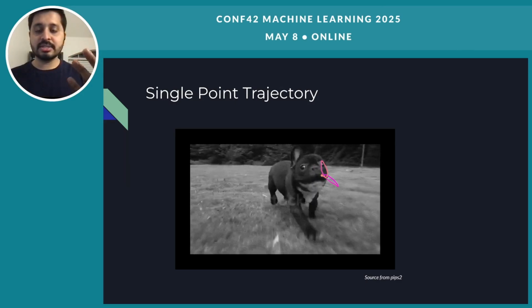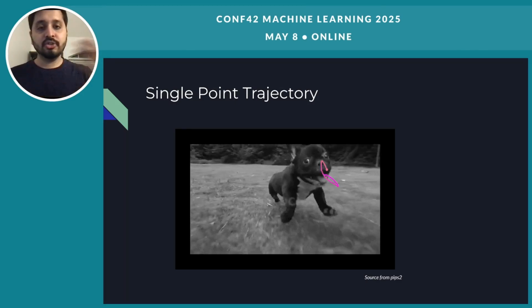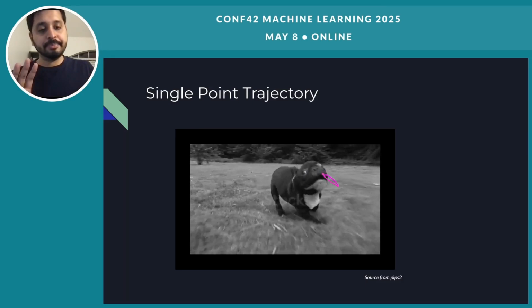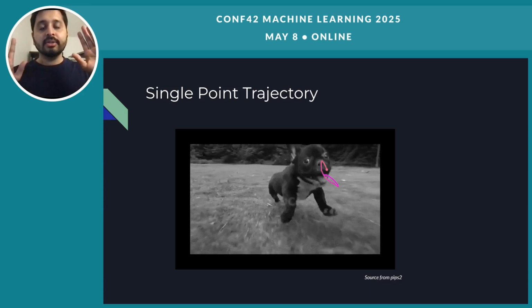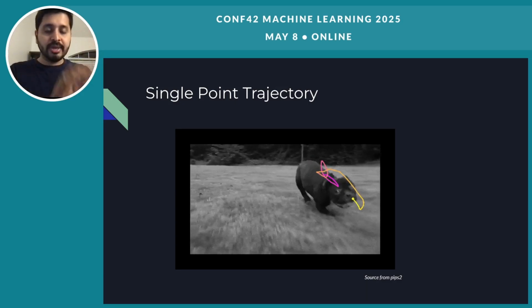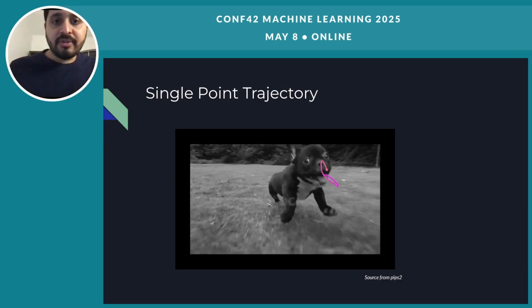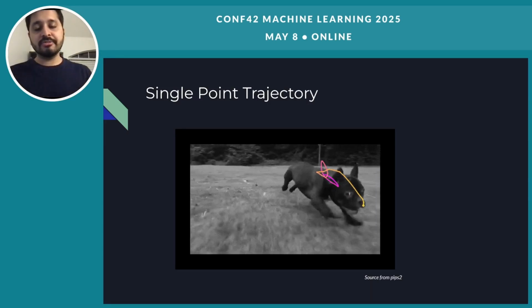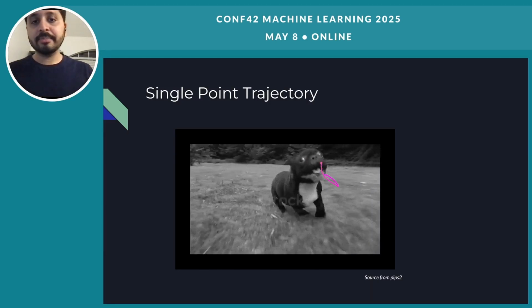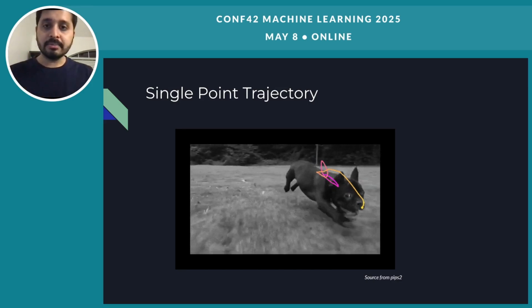As I mentioned, this single point trajectory is achievable through a method where the objects are static and the camera is moving. So that's what the single point tracking looks like. When we try to track it using machine learning, we're trying to use the frames to see where the object is moving, where the pixel point is moving.